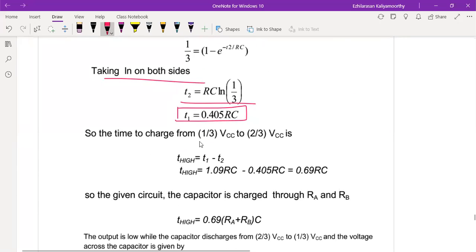So the time to charge from 1/3 VCC to 2/3 VCC is the difference. T high = T1 − T2. Now substitute 1.09 RC minus